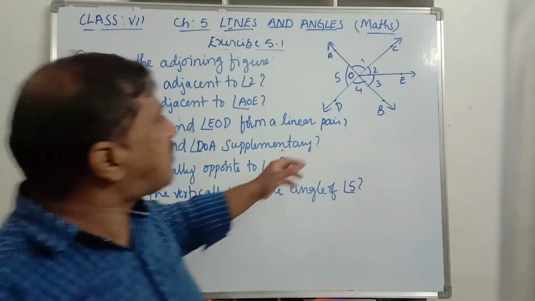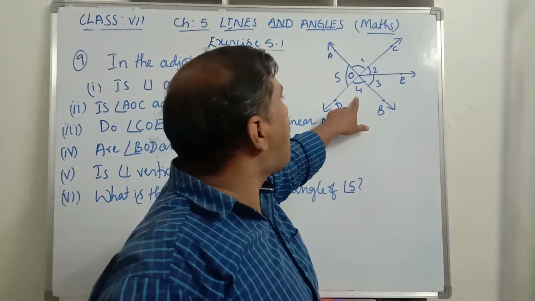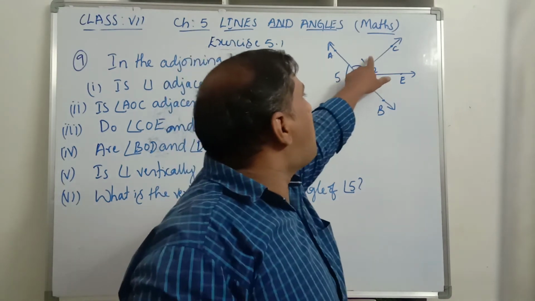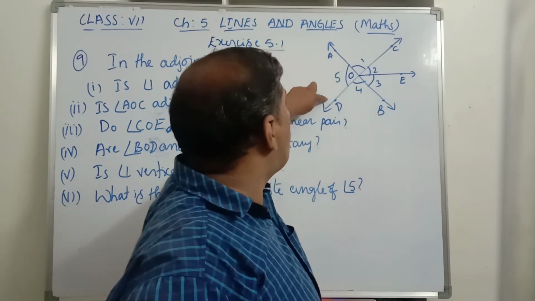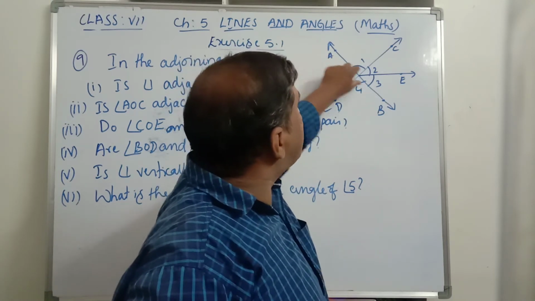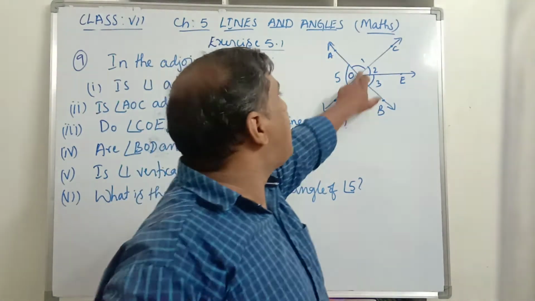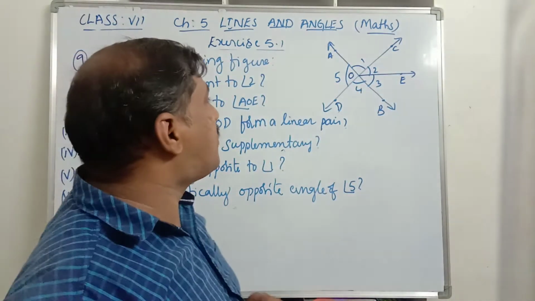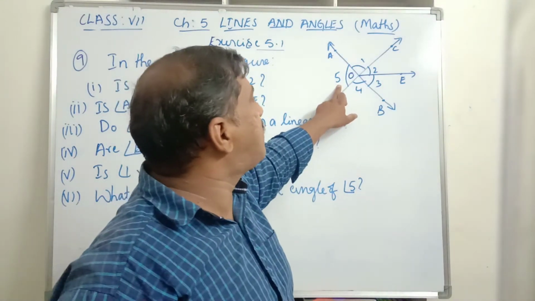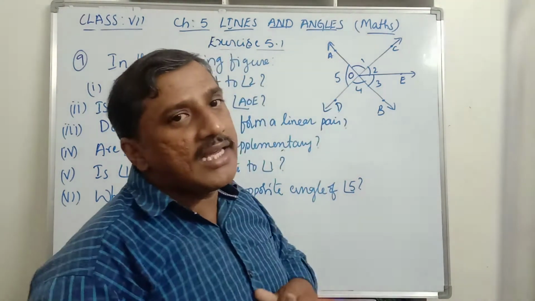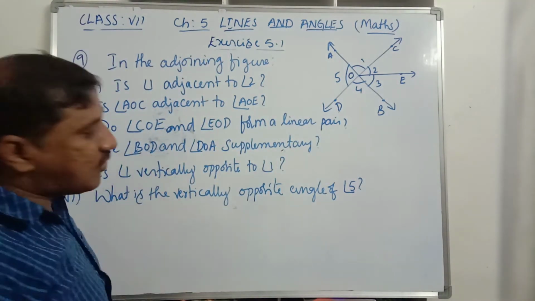Before solving this, here angle 1 and angle 4 are vertically opposite angles. And angle 5, that is angle AOD, is equal to the sum of angle 2 and angle 3, that is angle BOC. They are one pair of vertically opposite angles. Now angle 1 and angle 5 are a linear pair of angles, and angle 5 and angle 4 are also a linear pair of angles. Based on this, we have some questions. We will answer those questions.